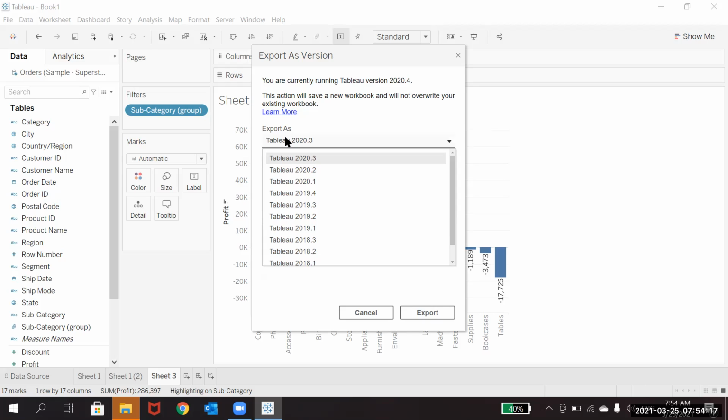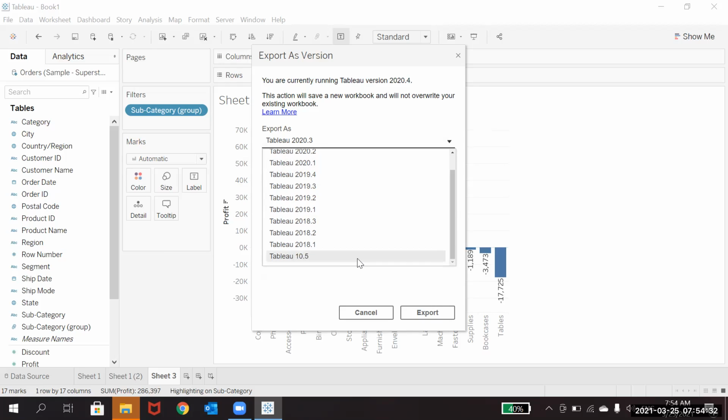Okay. So if you see, right now we have 2020.4, right? From 2020.3 down to the lower versions, I think it will show only up to Tableau 10.5, I guess. Yeah. So until Tableau 10.5, you have the versions which come up here.